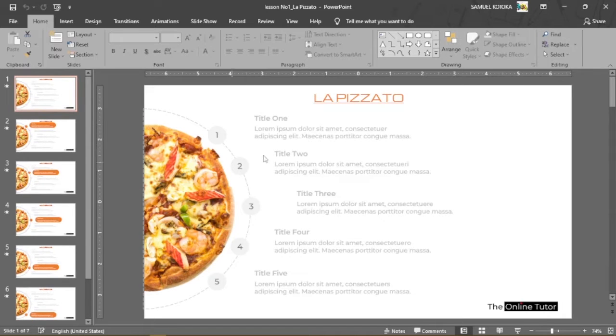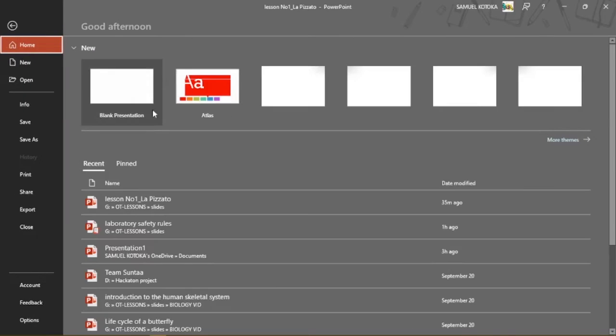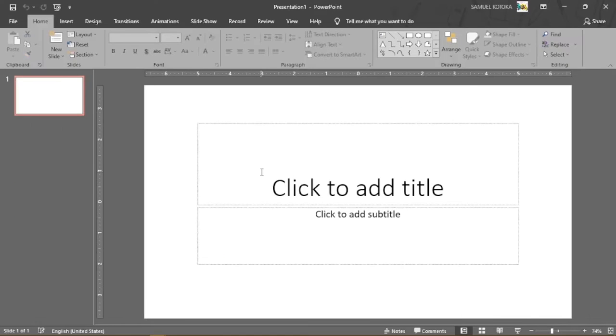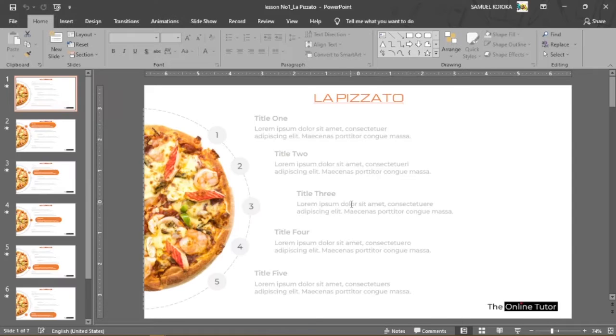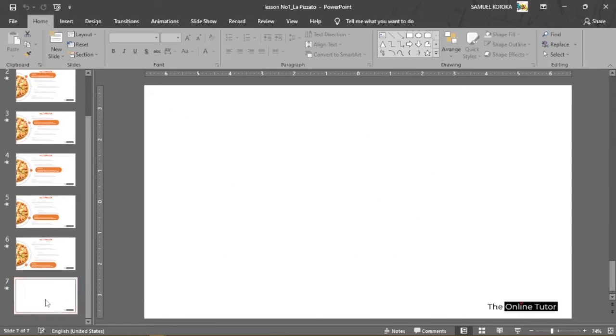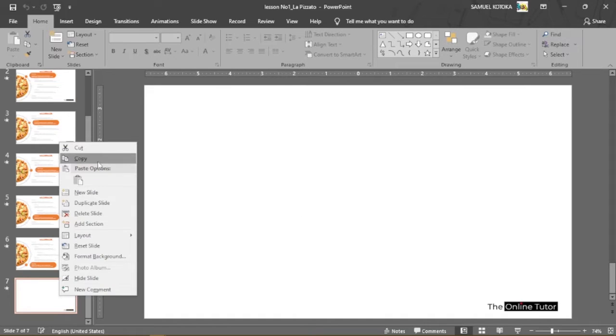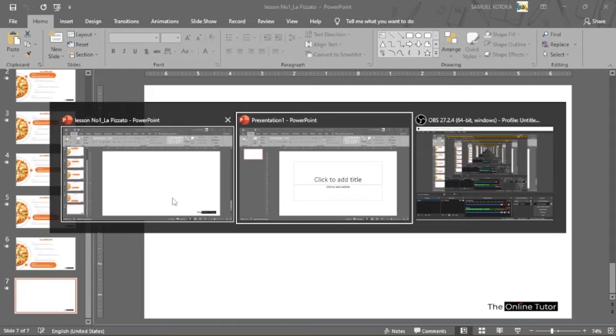Let's try to create this first slide we have over here, starting from scratch. So I want to come here to file, I come to new blank presentation. Now because we need the animation, which is the morph effect, and it's not present in this particular Office version that I'm using, I'm going to go back, and then I scroll back here, then I copy this slide over here. So I right click, then I copy, then I go back to my new presentation,